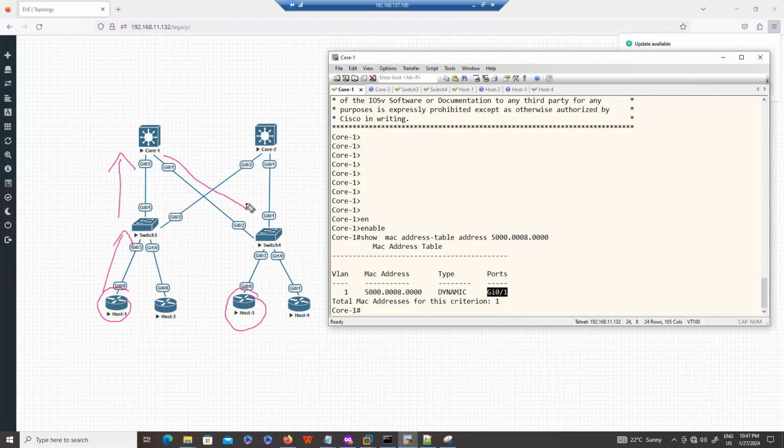But let me give you a requirement or scenario. Hey, I don't want to use this path. Make sure that when host 1 communicates to host 3, I want to modify the path. This is known as traffic engineering. I want to prefer this path instead of this path.